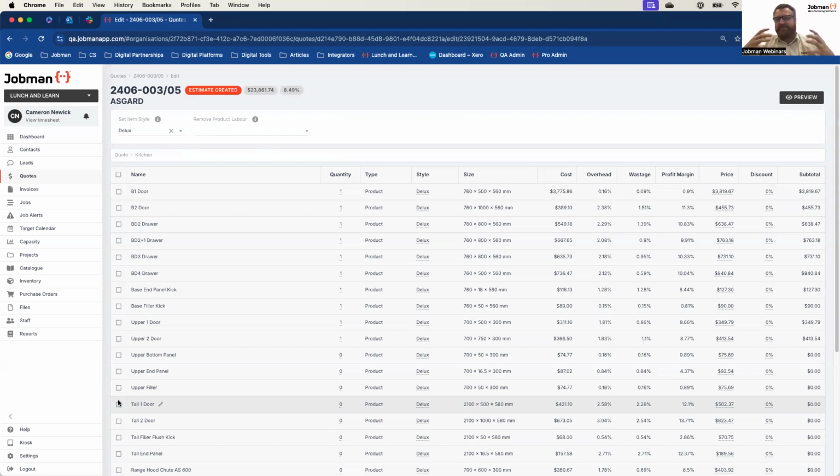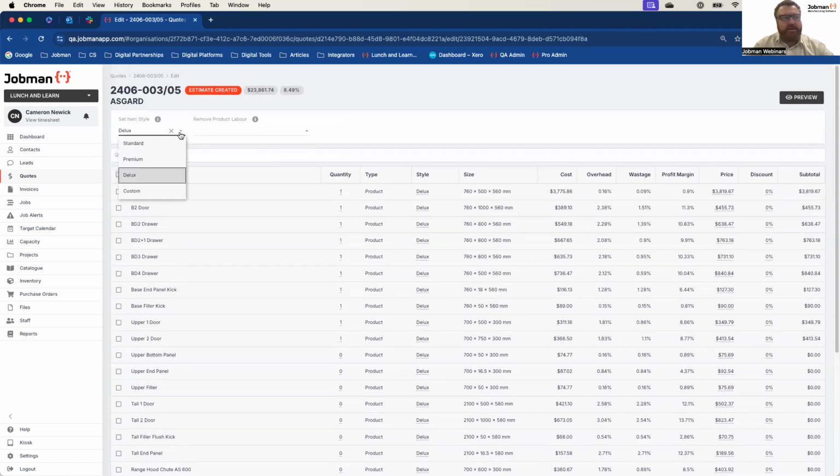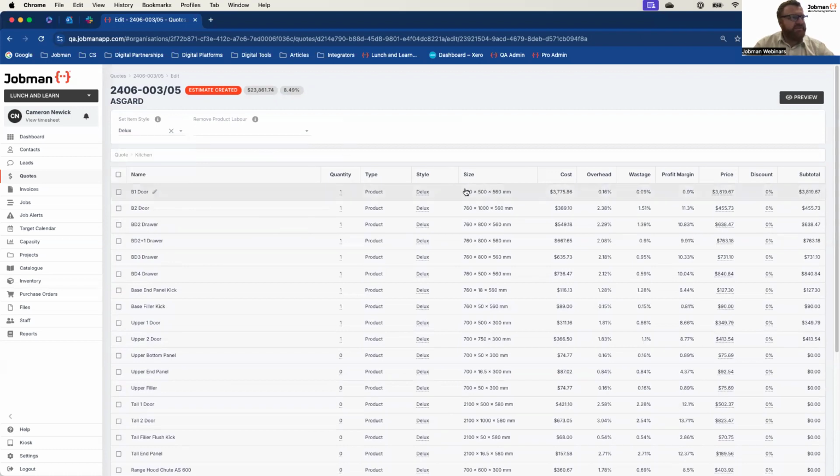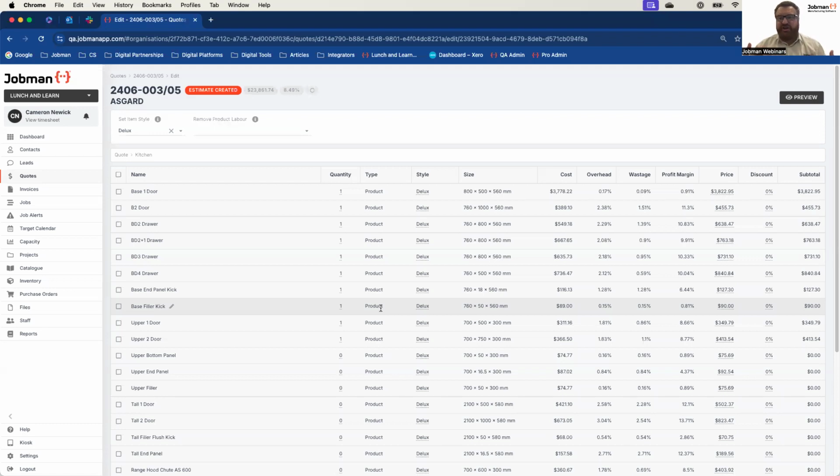Even though you've built this system that's designed to be automated and flexible, you do have a lot of granular control. So inside my areas or my items, I can come in here and add my products, and then this is that magic wheel I was talking about. All of my products have heights, widths, sizes, depths. I can come in here and they're fully modifiable. This is why the system is in fact bespoke. You don't have to worry about the fact you're producing generic products. Every single product can be changed live in the system. It'll recalculate the profit, it'll recalculate the pricing. And then the superpower of the system is being able to change those styles quickly and easily and modify all the products inside. Now, for the majority of businesses, you will not be using ranges.